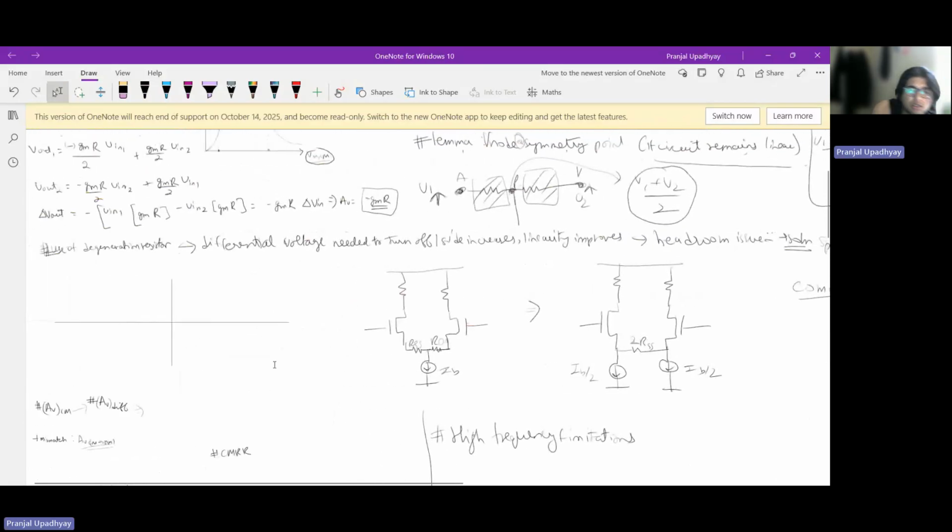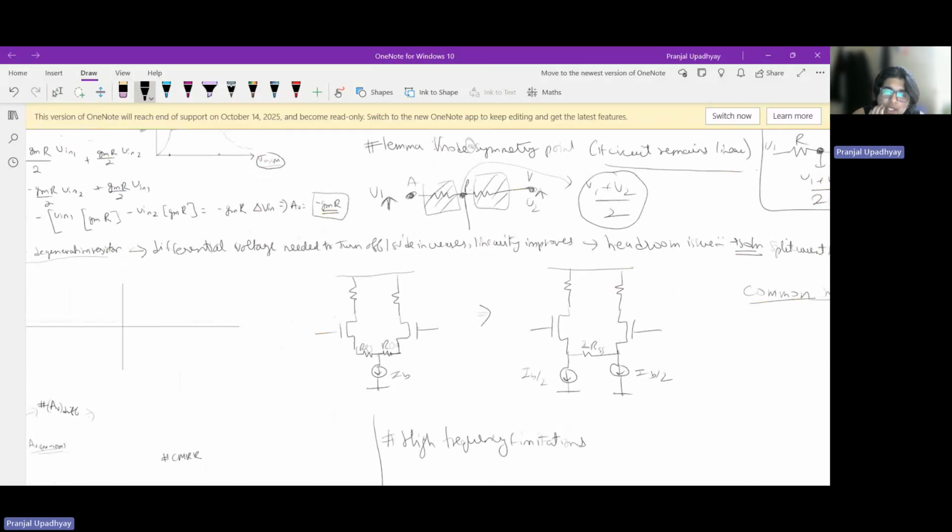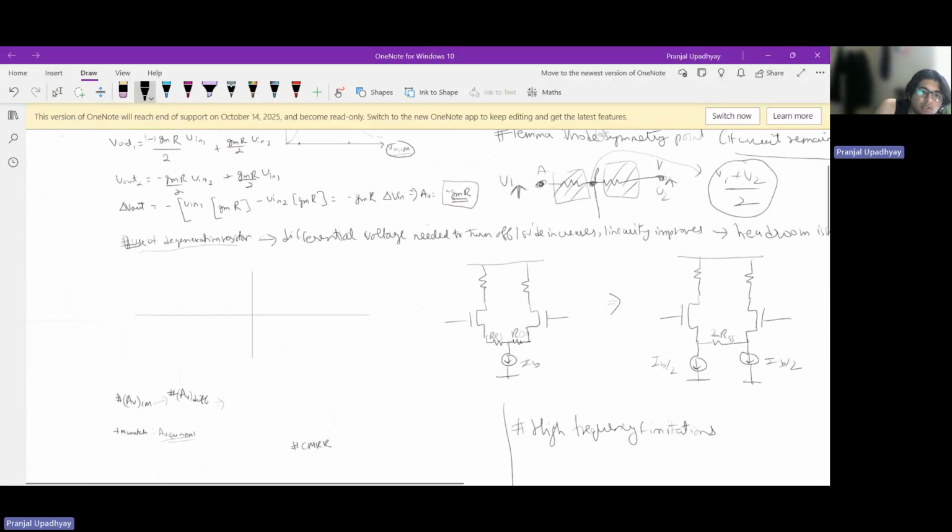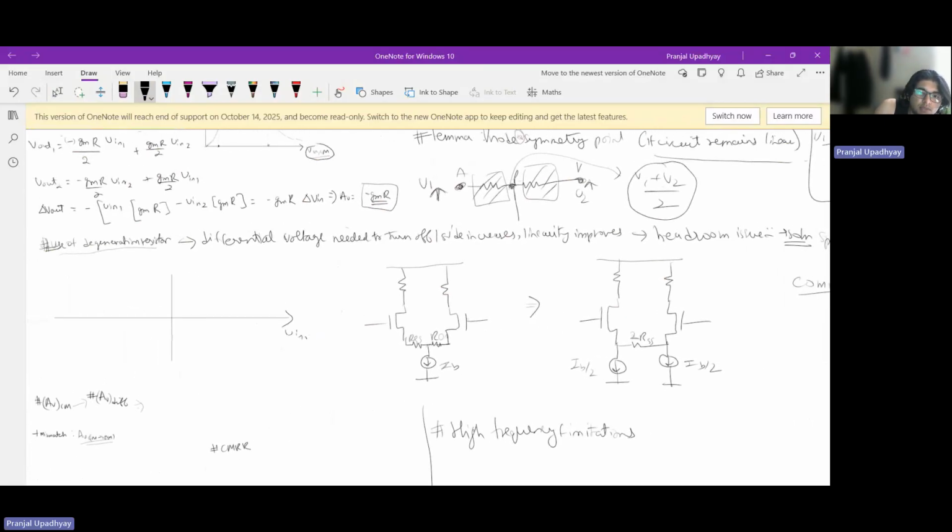we'll go to the next variation of the differential circuit, which is the use of a degeneration resistor. Why are we doing this? We are doing this with the same motive that we had even in a basic CS amplifier, that is to improve the linearity of a circuit. Because if you recall, this is Vin1 minus Vin2,